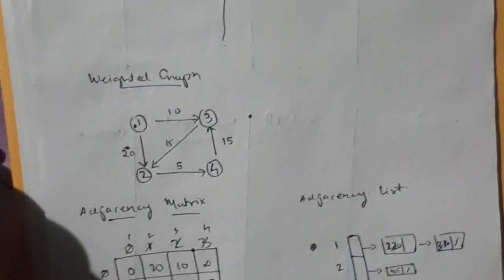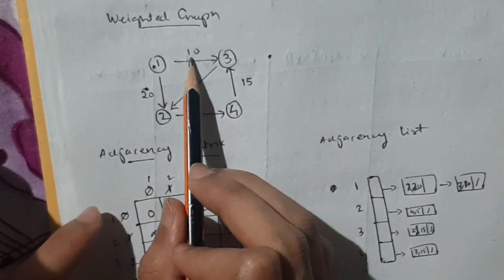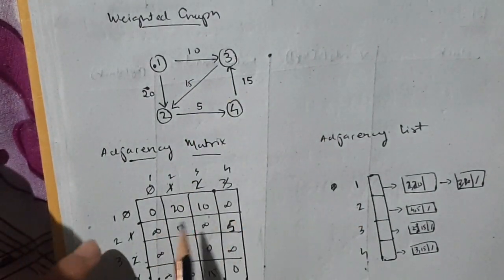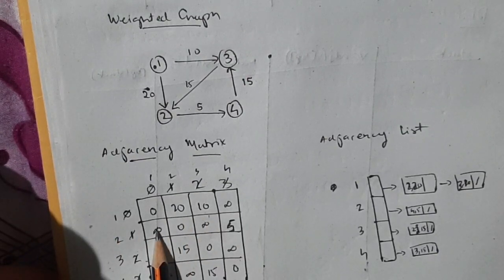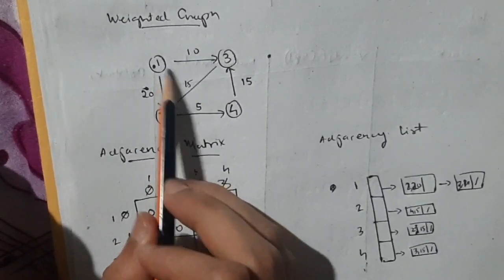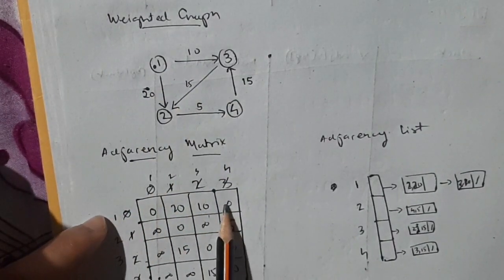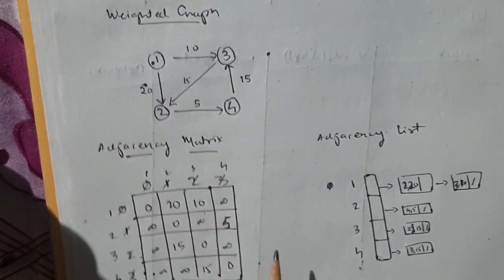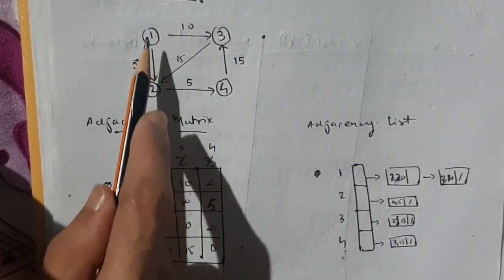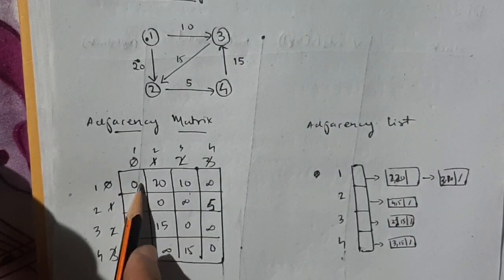And then you have the weighted graph. Weighted graph means the direction will be there, but it will have some value also. So the same thing, if it has a value you will write the value there, or if it has no value you will write infinity there. No value means there is no connection between 1 and 4. So 1 and 4 have no connection, so it will be denoted as infinity. The third point you need to keep in mind is that for 1, 3, 2 and 4, all the nodes, from a node to itself, it will be 0, not infinity.